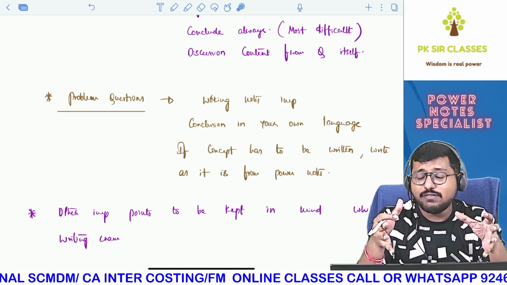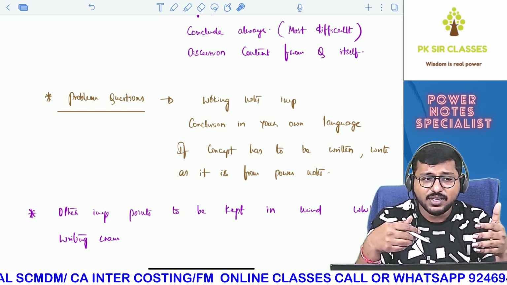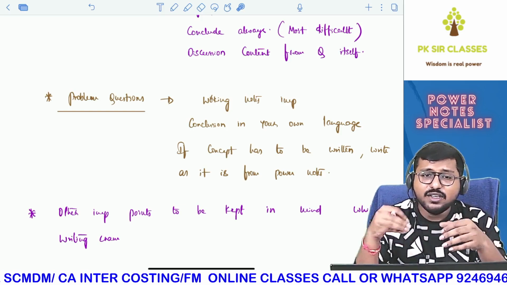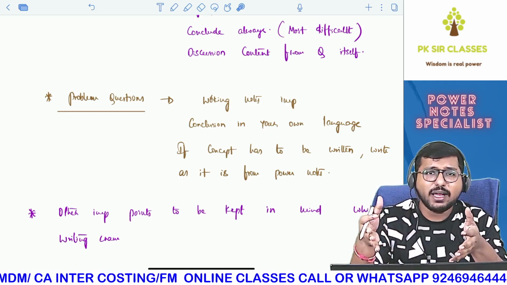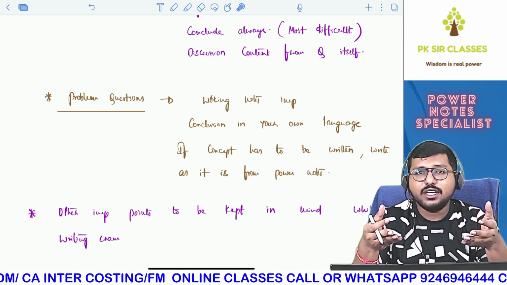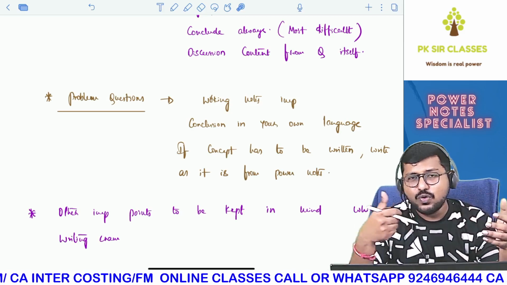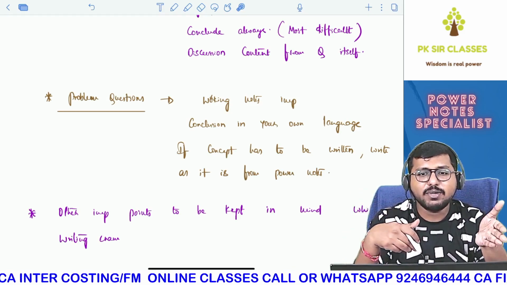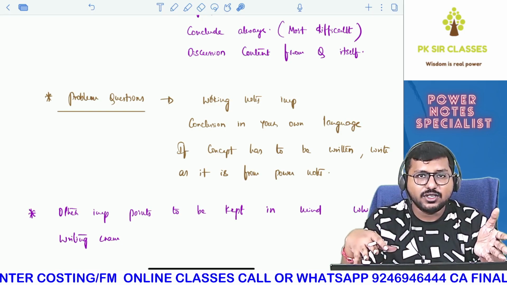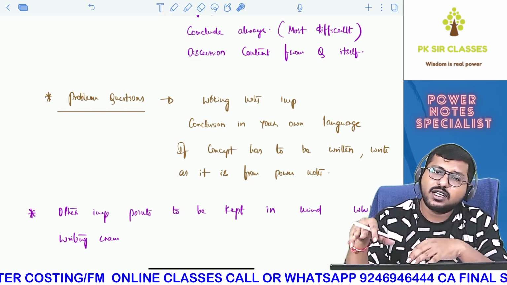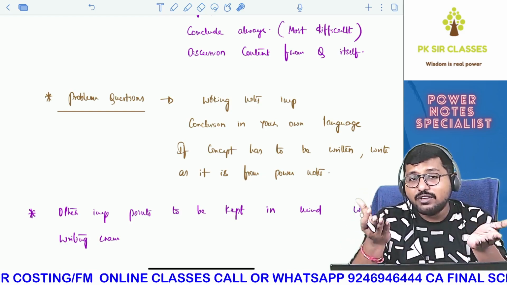How the essence of the conclusion, you have to keep it the same as your ICA, but the wordings and all those things you can change. Okay, the essence has to remain the same. That I've clearly taught in the class in so many sums. I've told you, this is the way it has been presented in your ICA study material. Look at the essence, and I'm writing the same essence, but the wordings, the way I construct sentences, are different. Okay, that way it will be easy for you to remember.